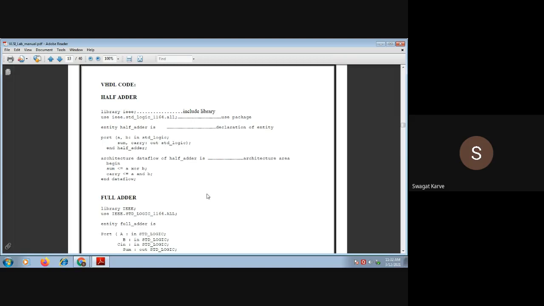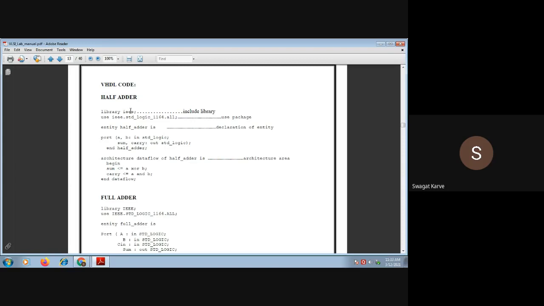You are allowed to use any concurrent or sequential statements that we have learned in the first unit, so that you can write appropriate VHDL code for any application. Now first we will discuss the VHDL code for the half adder.